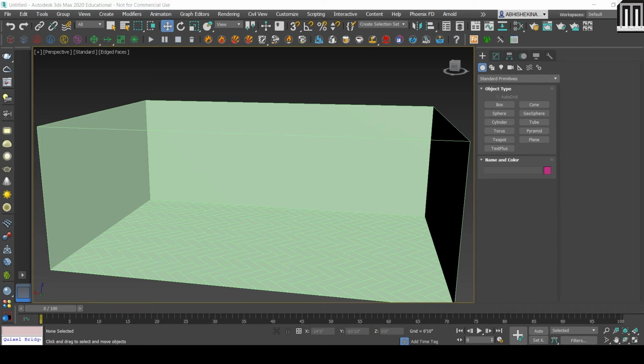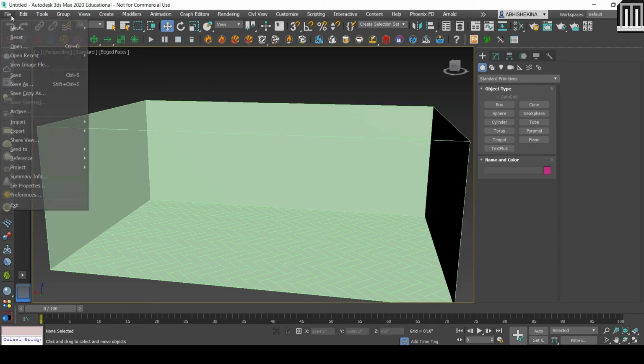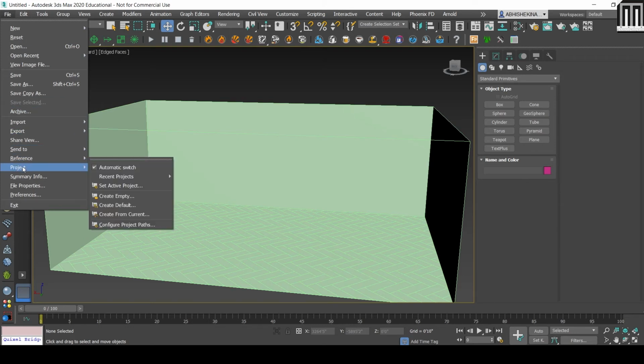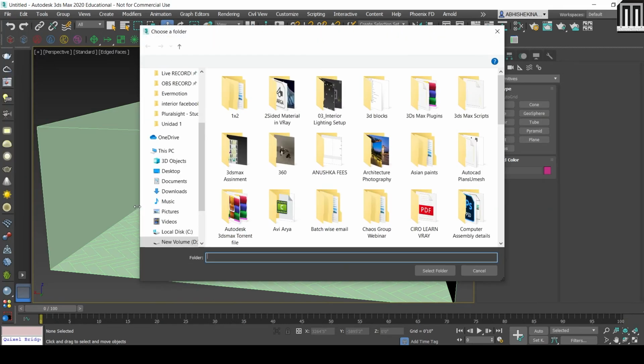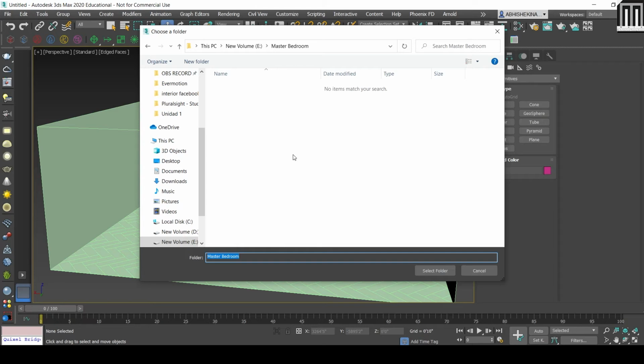Okay, so you just have to click Ctrl S. Okay, also I'll set a new project. I'll click on create default on my PC. I'll make this master bedroom.